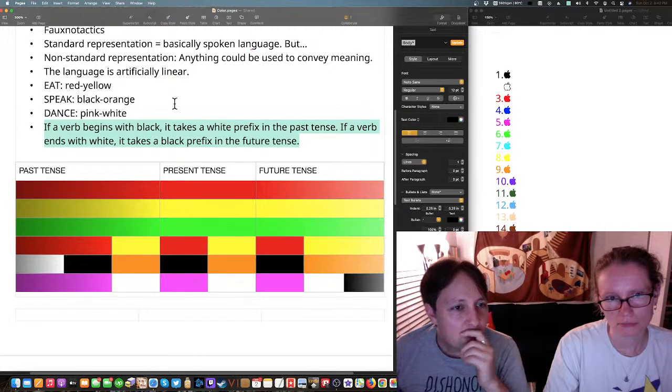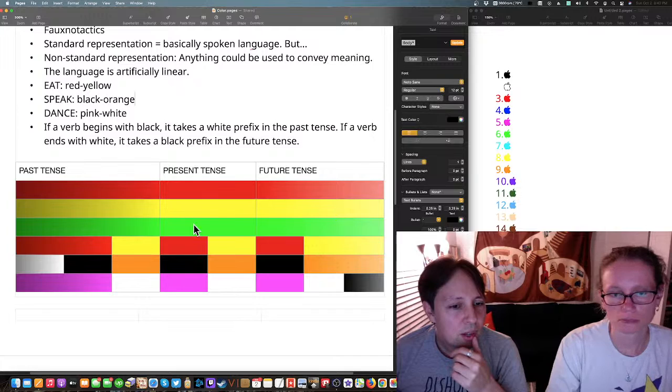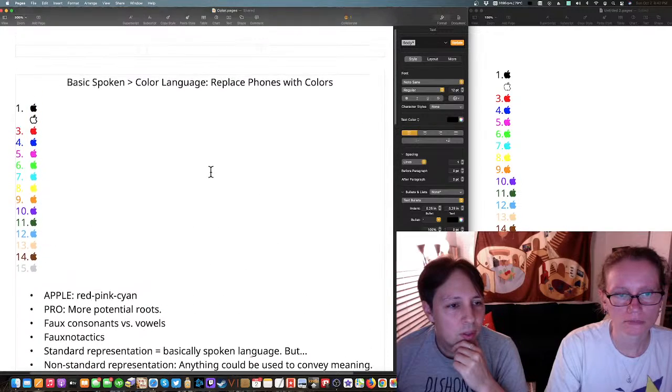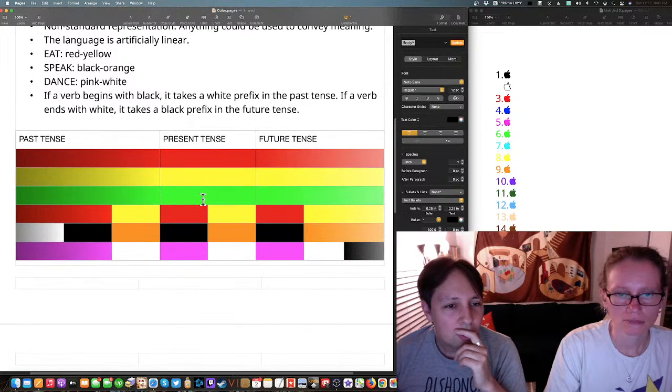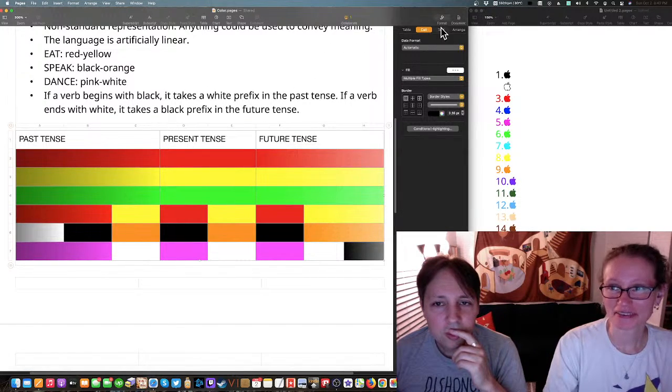But yeah, if you wanted to say, I am eating an apple, then you have the question of, well, how do you separate things out? Would you be okay with, I want to have some more space here to do one more column. Here, I know what to do. Okay.